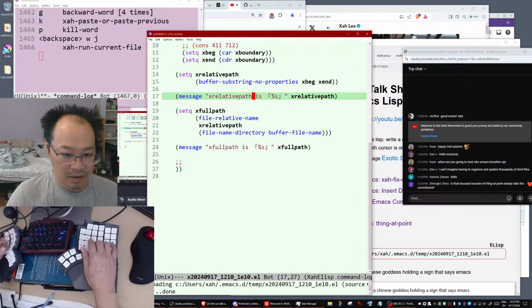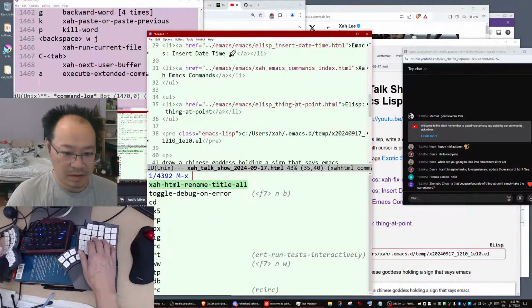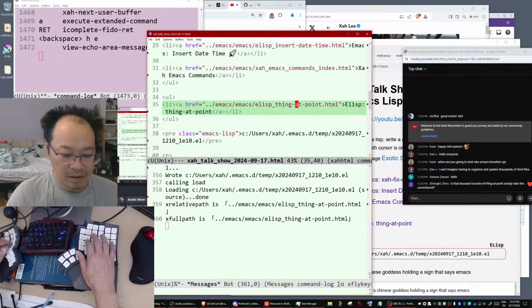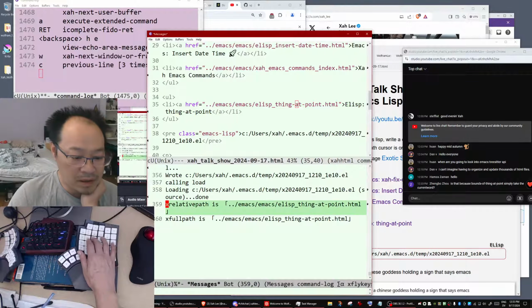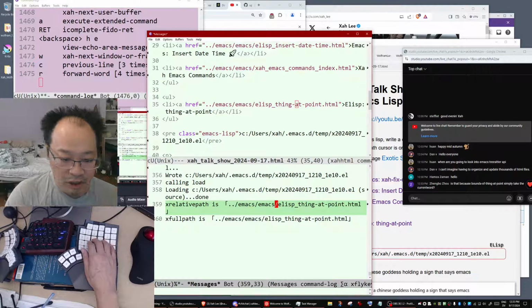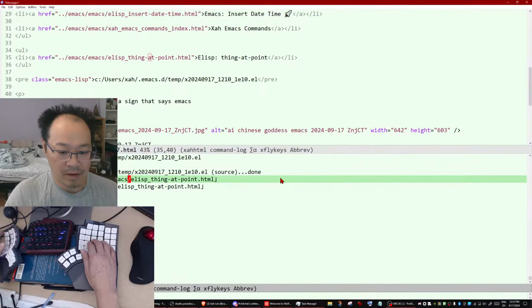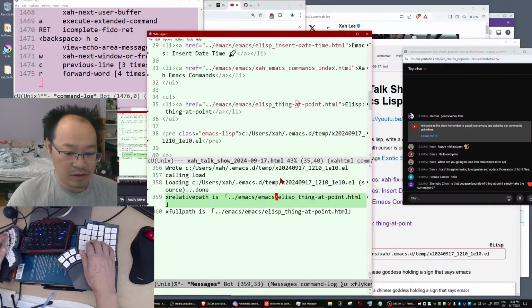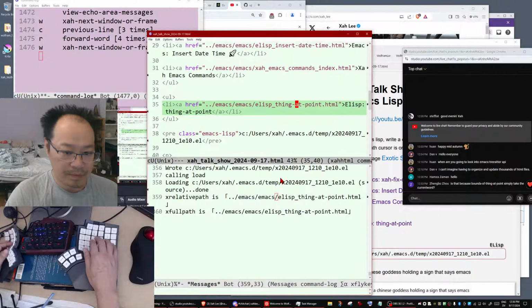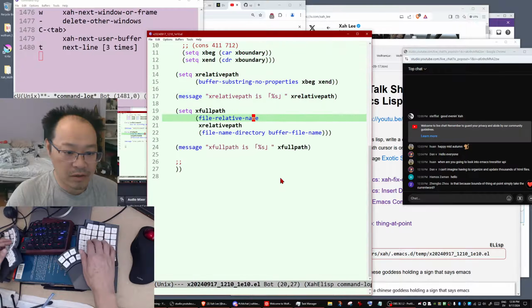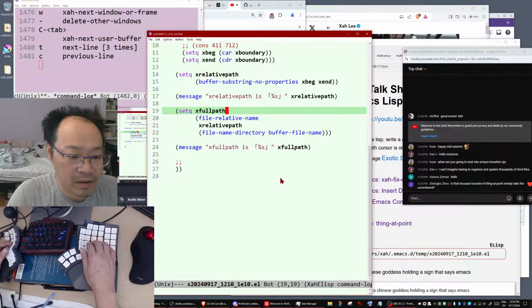Let's do it again. Eval the buffer, go here, call the command, do it. Show the message buffer, relative file. So it didn't change. You see, it didn't change. So this full path has no effect.